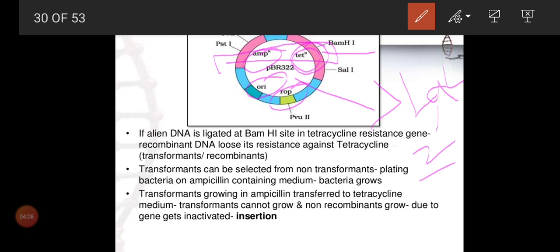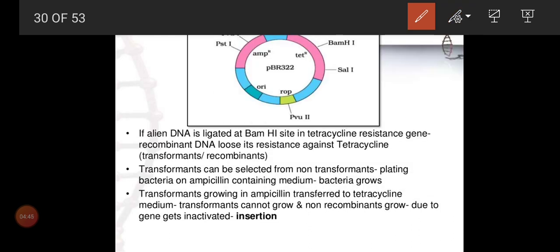So either we can use the ampicillin resistant gene or tetracycline resistant gene, one category as antibiotic resistant gene, or we'll go for an enzyme producing gene like the LacZ gene, which can synthesize the beta galactosidase enzyme. So we can use either of two selectable markers. What is the purpose of choosing selectable markers? To screen recombinant DNA at the end of the gene cloning. Clear, children? Now look at the slide. Point I'll explain.